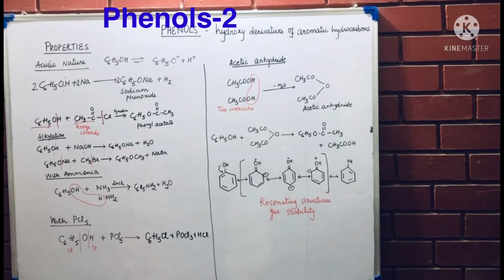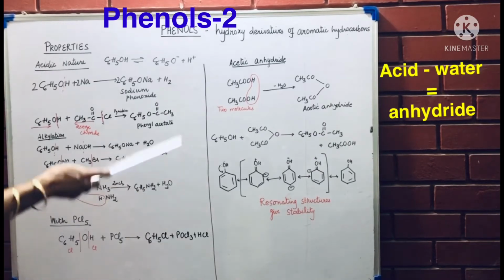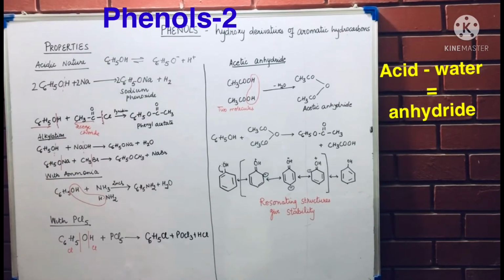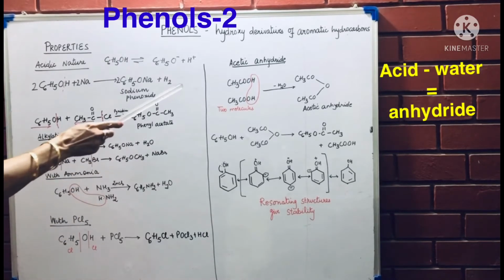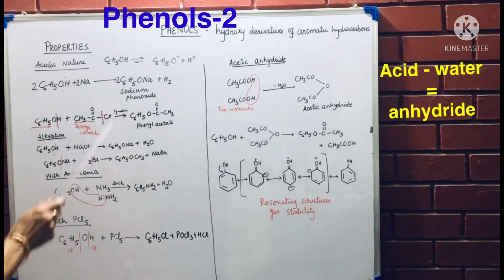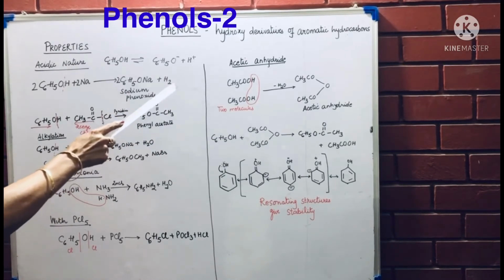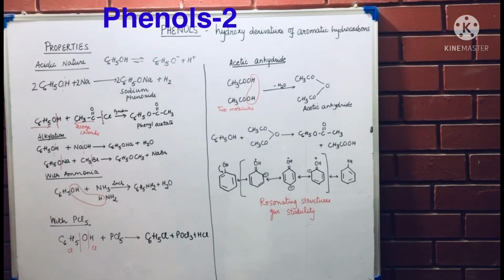Whenever PCl5 reacts with any compound, the constant compound formed is POCl3. Now see on the other side, the word acetic anhydride. Anhydride means without water. So if I want to remove a water molecule out of acetic acid, the remaining part will be known as acetic anhydride. So I have taken two molecules of acetic acid because I need two hydrogens. So two hydrogens and one oxygen are lost. On top there is CH3COO, below is only CH3CO. So CH3CO is common in both of them. One extra oxygen is written like that, which is called acetic anhydride.